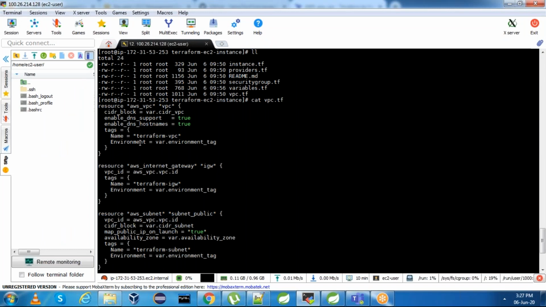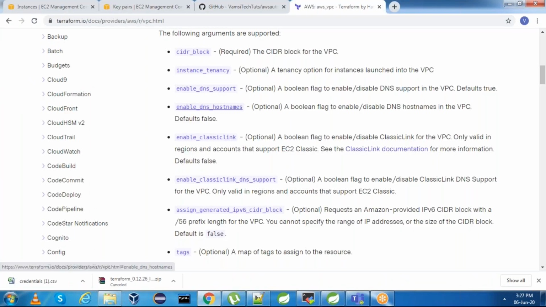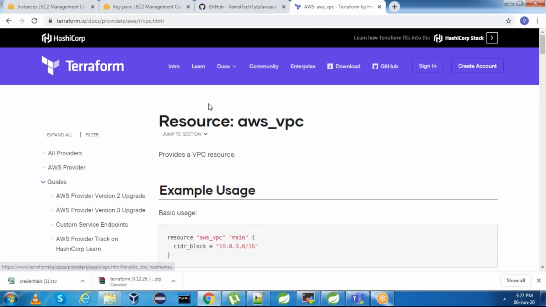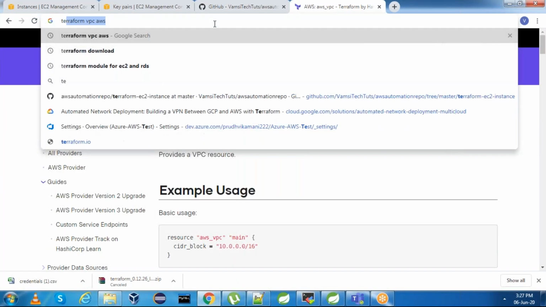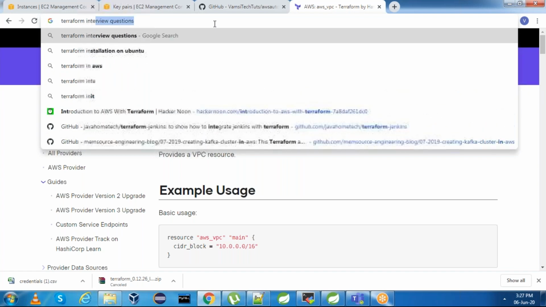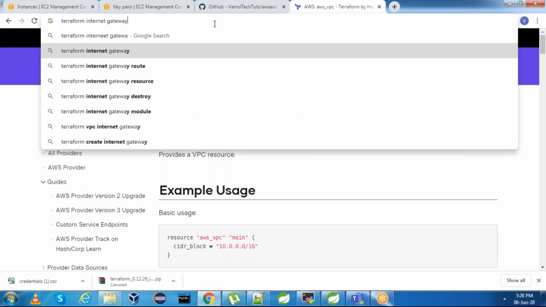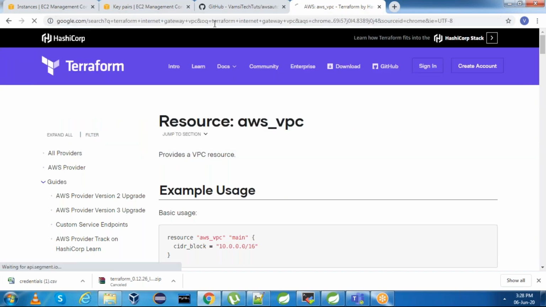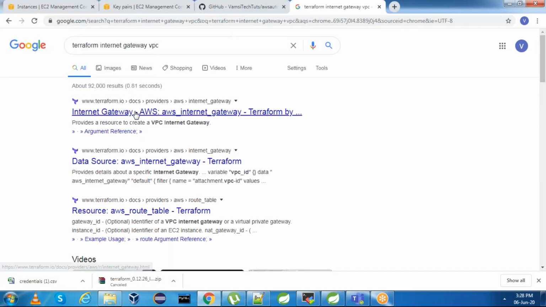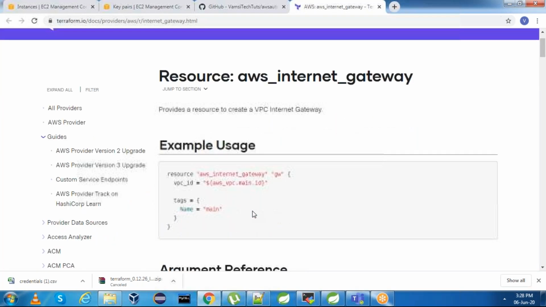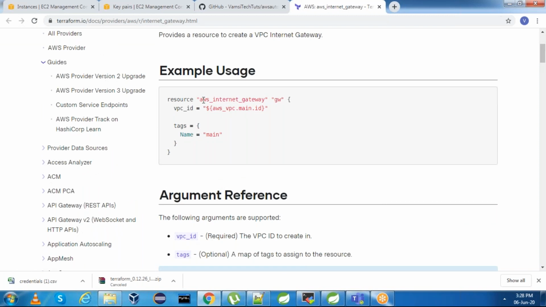And one more thing, we need to get the internet gateway. For that also, you can just type Terraform internet gateway VPC. If you see, this is the Terraform internet gateway. Here also, we need to mention the resource. Resource name is aws_internet_gateway followed by some name.